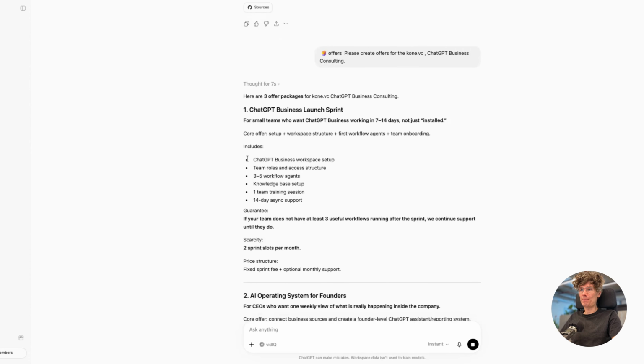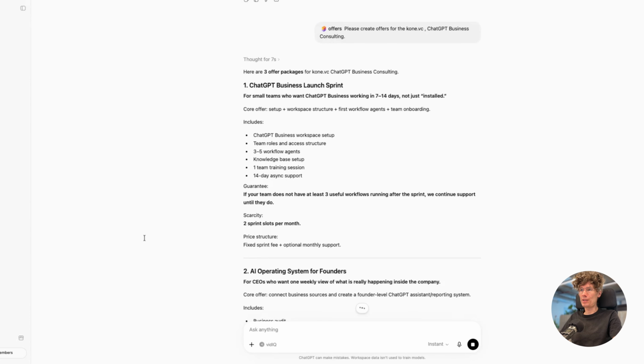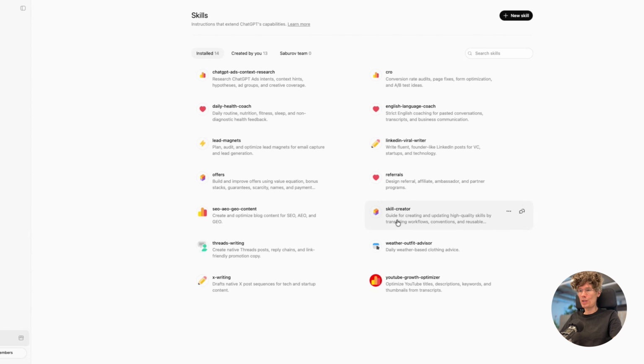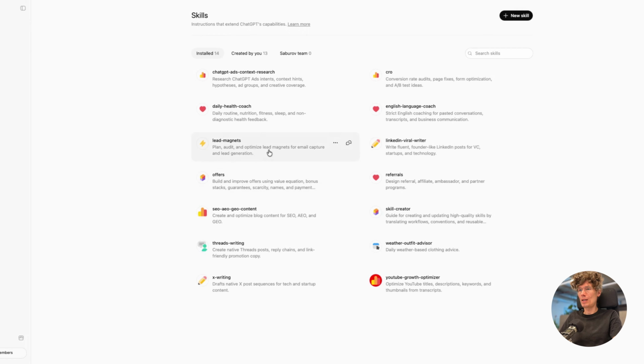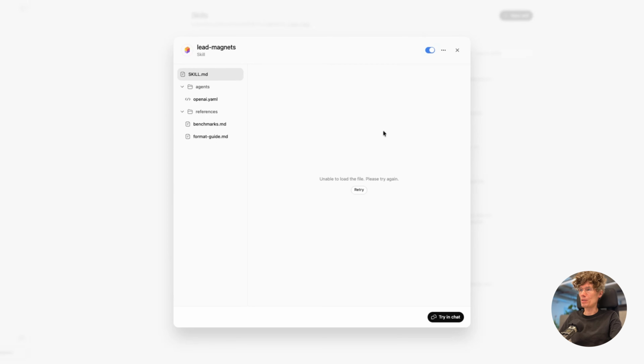Precision for founders. Yep. You can see it's a lot of things, and inside this thing is the instruction. Because if we go to the skills, if we go to offers, we can see nothing. Okay. Skills MD, I don't know why, but it can show what's inside. You can see a lot of bonus stacking, agents, guarantee design, and so on. Sorry, it can't show it here, but you can see an example inside. Maybe it's some problem with my account, but you can see a lot of markdown files with instruction.